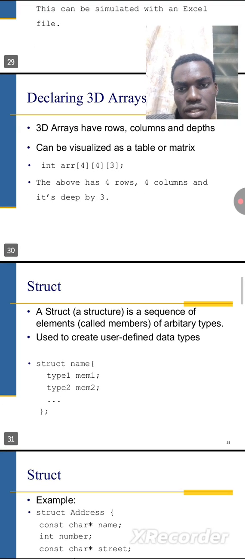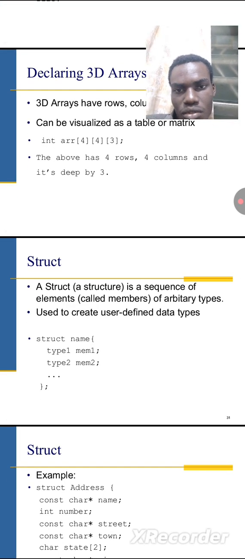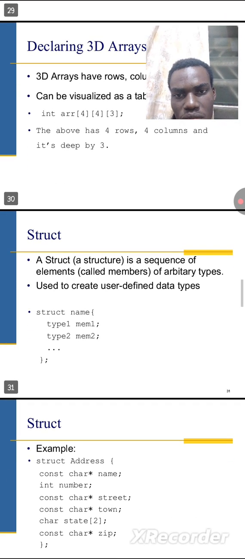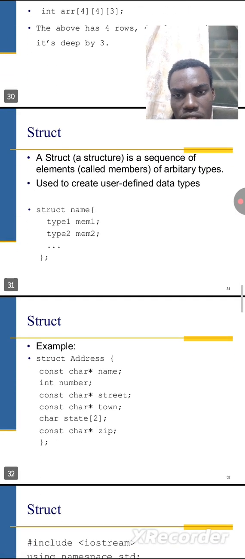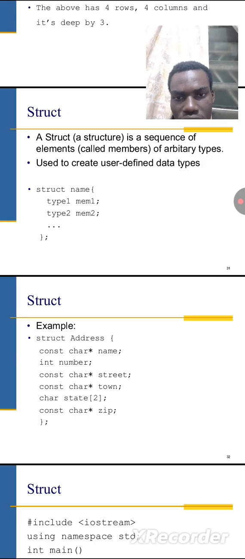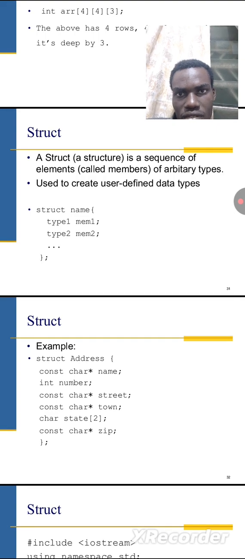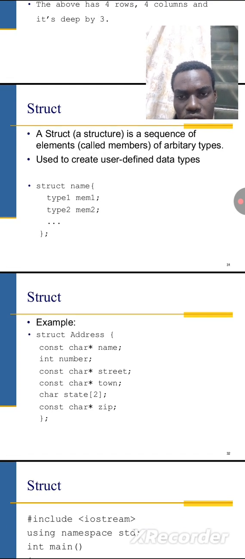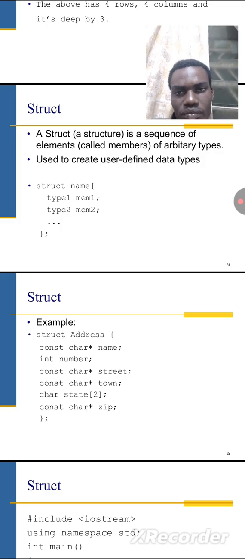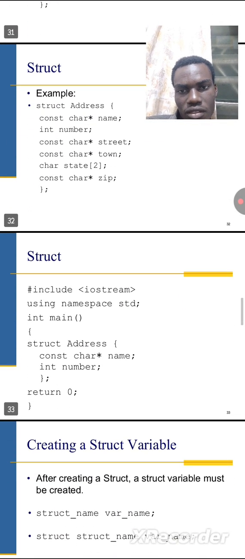Let's look at struct. Struct is a sequence of elements of arbitrary types used to create user-defined data types. So here's an example. So we have struct address, and it contains all the elements called members. So all these are called members. So as you can see,